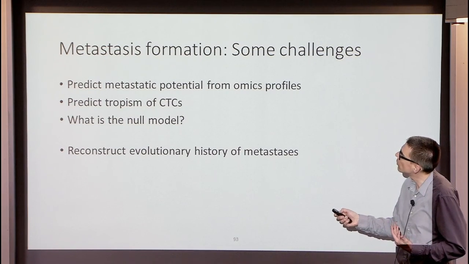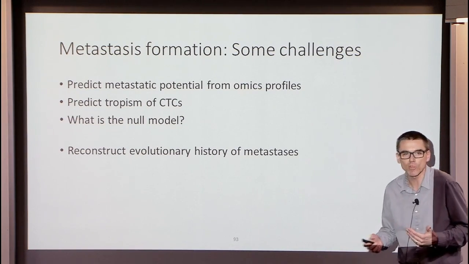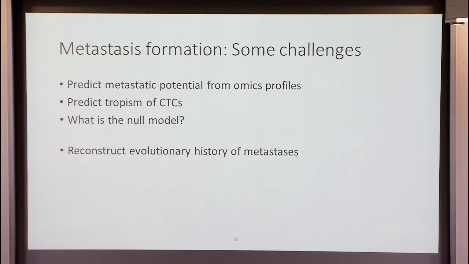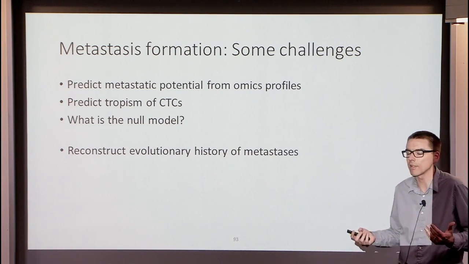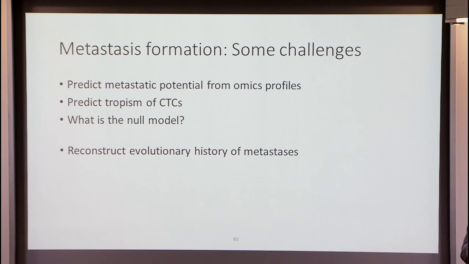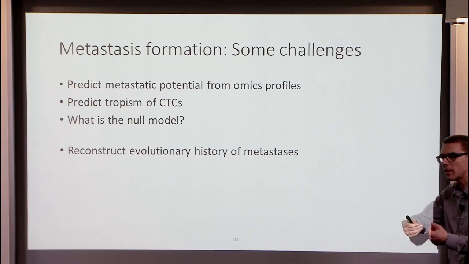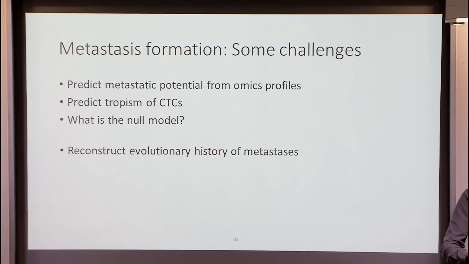In order to understand whether genomics or other molecular markers play a role at all, we would need to have a good null model here. So what do we expect? Let's say molecular profiles do not play any role. What is the chance of a primary tumor seeding a metastasis? And this is very difficult because there's so many bottlenecks, so many rare events, so the variance of this process is very high. We will probably never have enough data and so on. So I think this is a very interesting but also relevant question.